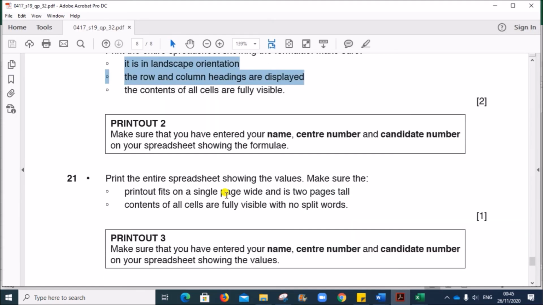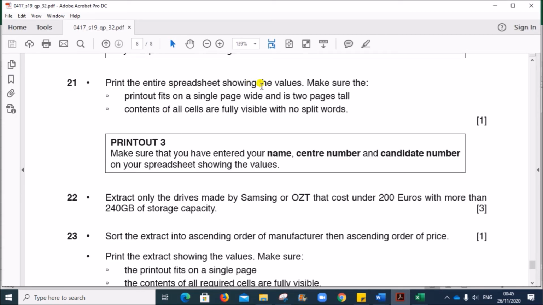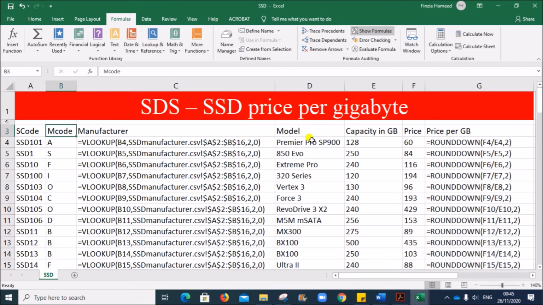Next step, print the entire spreadsheet showing the values. Make sure the printout fits on a single page wide and is 2 pages tall. So let us remove the formula now. Go to formulas, deselect this option.